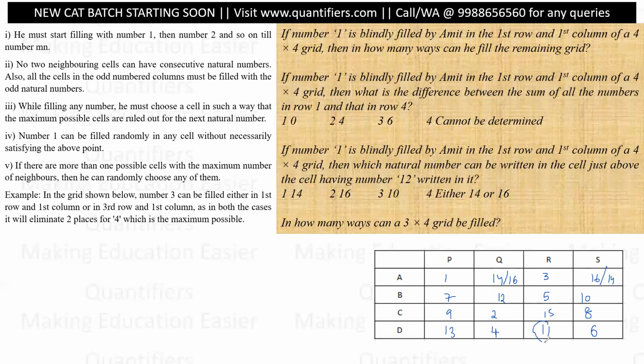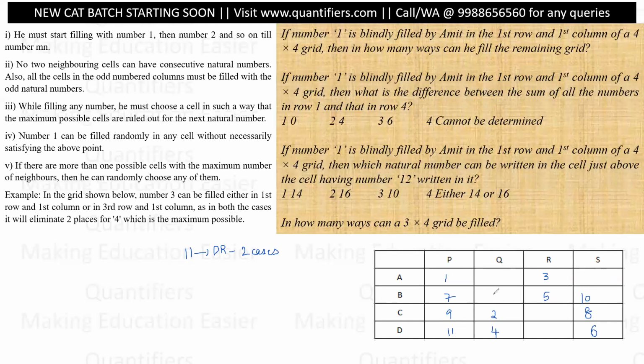So basically, when I am taking 11 over here, there are two cases. With filling the 11 over here, there are two cases. Right. Now let's think what will happen when I fill 11 over here, because these are the two possibilities. I can fill 11 over here also. With 11 at D, there are two cases, right? Now, when I am filling 11 over here, where can 12 go?